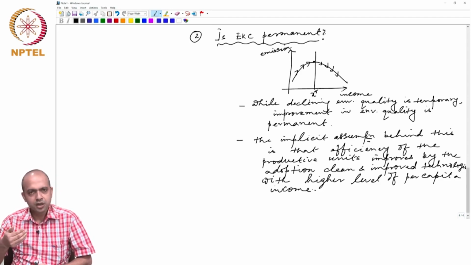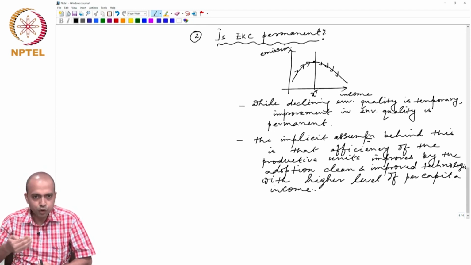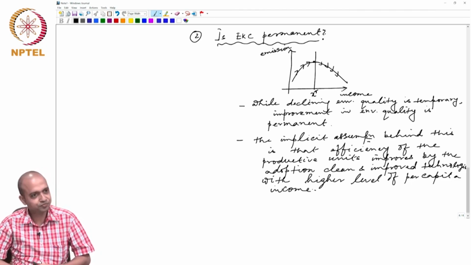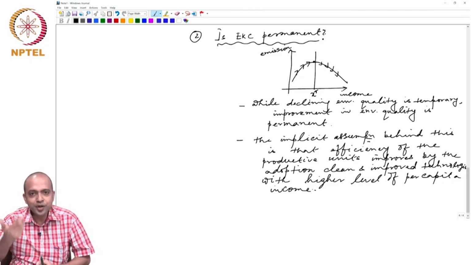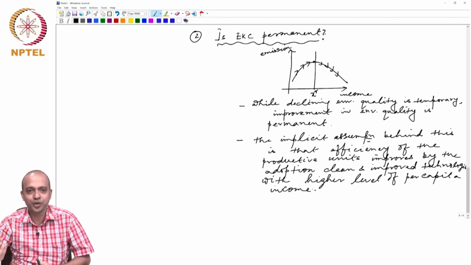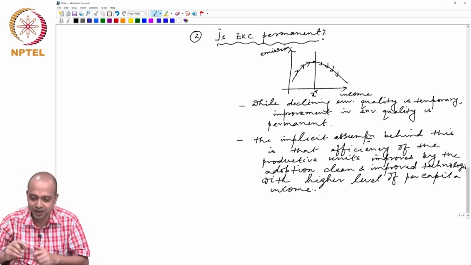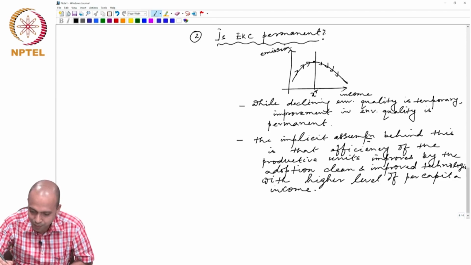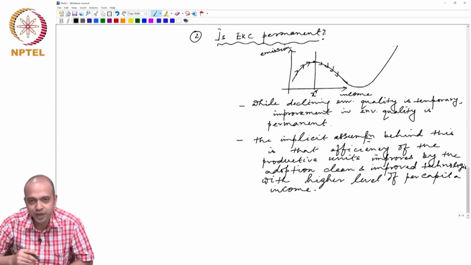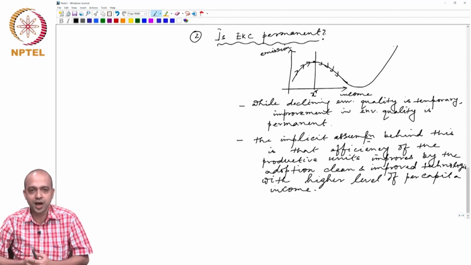That means there is no structural change in the production process, rather pollution is controlled by abatement at the end. And when the cost of abatement is too high, then what will happen? Environmental quality will start deteriorating once again. That means after getting this downward fall, you may get an upward sloping swing once again in the EKC,